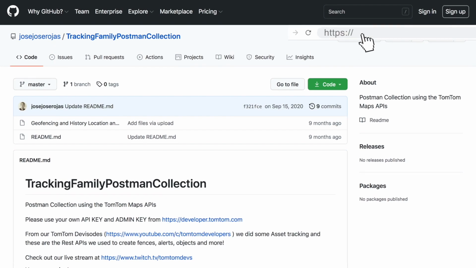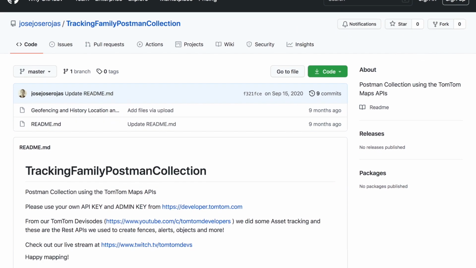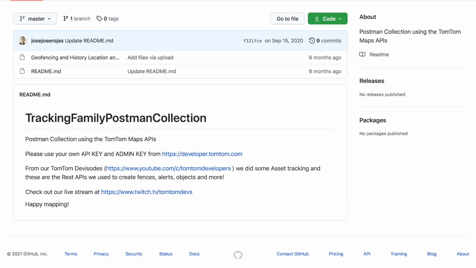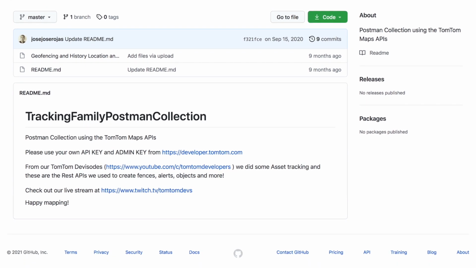We use the tracking family Postman collection that we have stored in our GitHub repository here. We use it for the video, the notification API. We're going to use the same collection and open it in Postman in order to create a new project that we're going to add an object to. In this case it will be Anna's car. And then we're going to post the location of that object regularly while she's driving in order to calculate, or guess, what is the route she's taking.